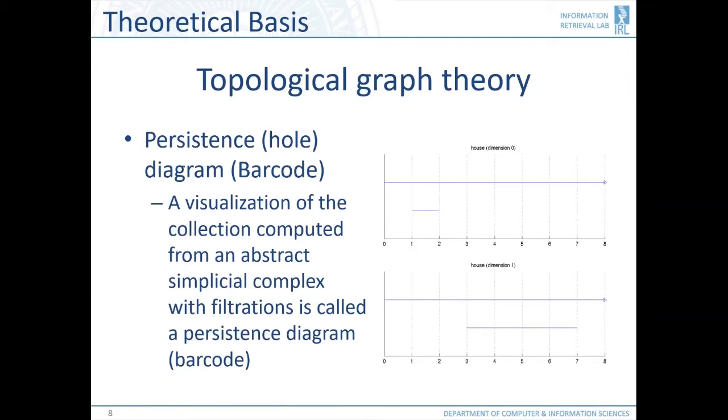Frame formed by vertices 3, 4, and 5. So there's another line appearing at time 3. But at time 7,